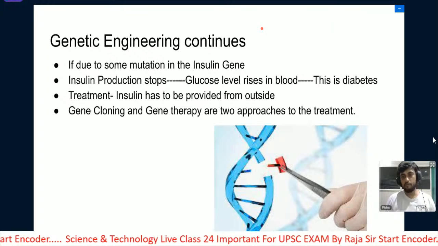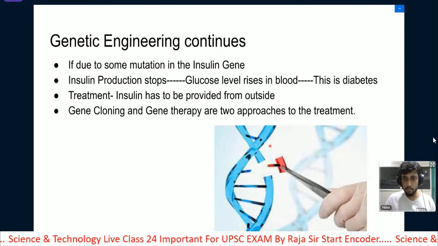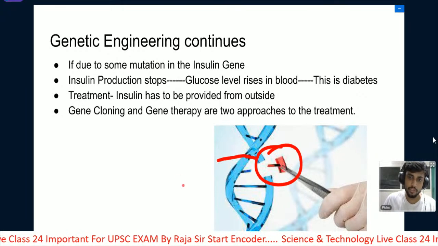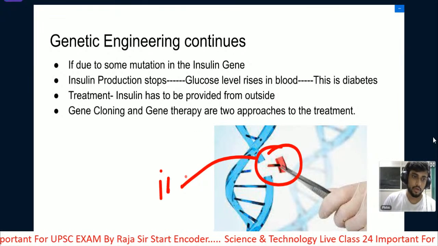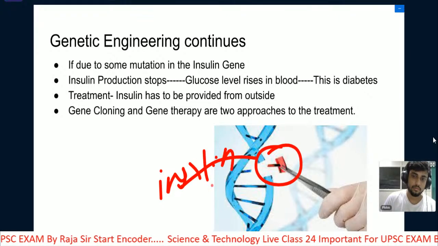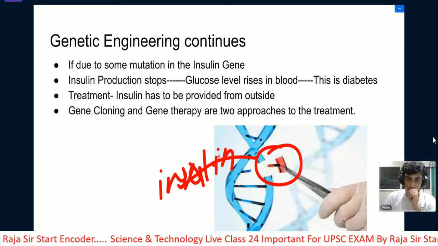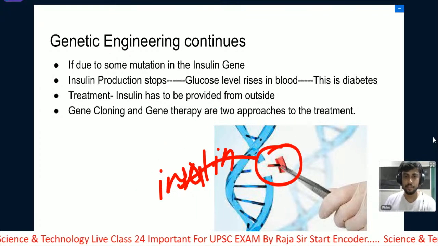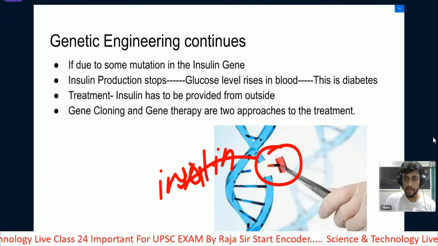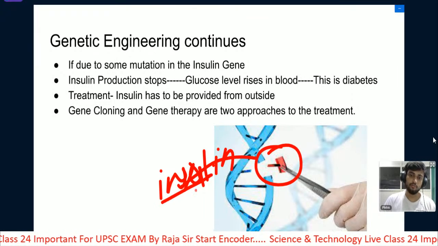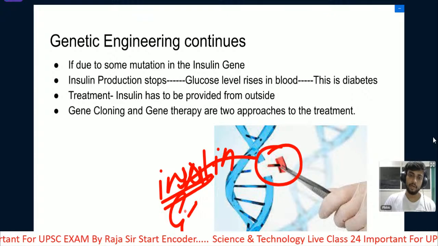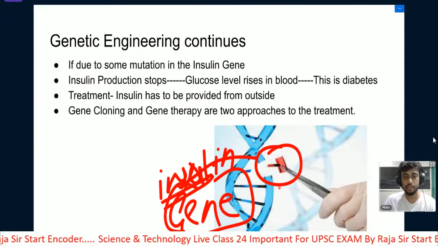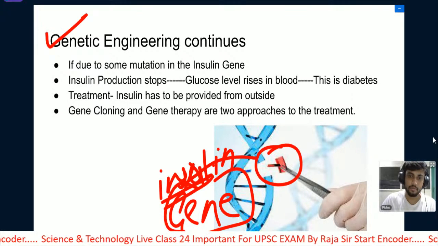Now in gene editing, we will remove a particular sequence in which we are interested. Suppose this particular sequence was responsible for the production of insulin. Okay, this is just an example. This is not the gene for insulin, but I write it as AATGC. So we will manipulate this particular sequence, or that particular gene, which is responsible for insulin generation. Since I am manipulating the genes, this is genetic engineering.